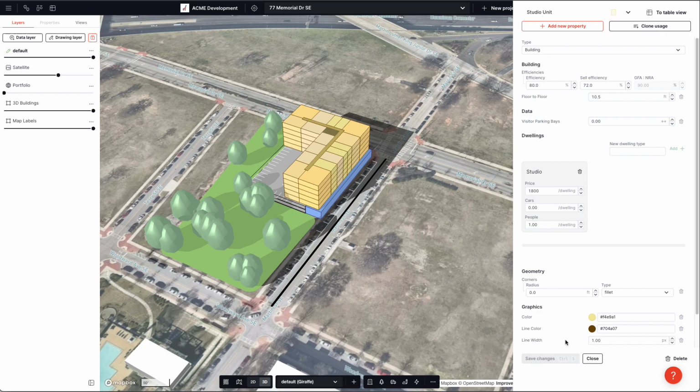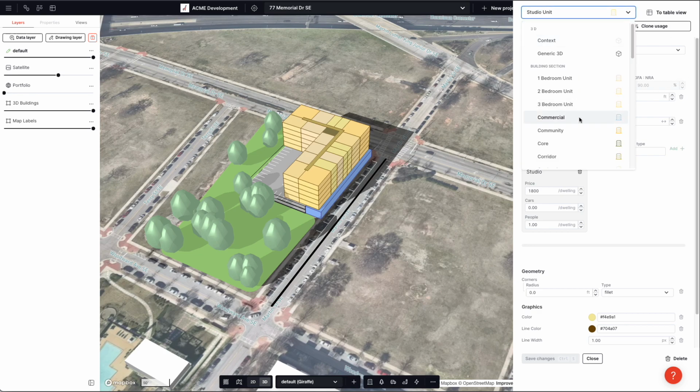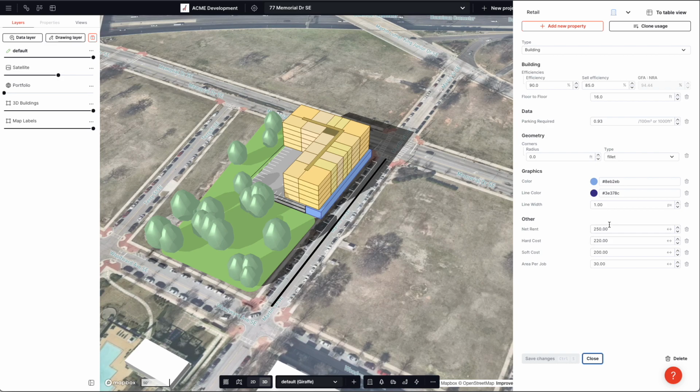and save. Okay, so our incomes for the dwellings are per dwelling unit. So that'll affect how we do our calculation in analytics. And then let's pop over to our retail space and have a look at how rent is costed here. So you can see we've got net rent, $250 a square foot. This is way too high. Let's put it in more like,